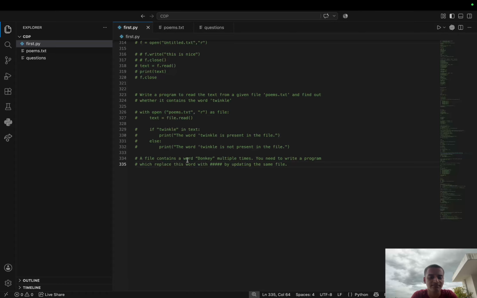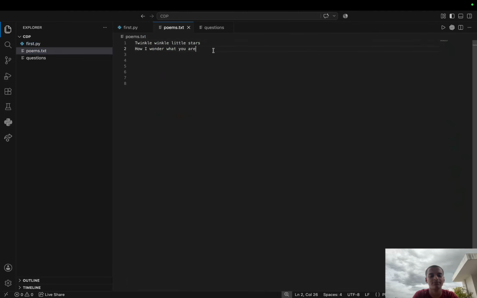A file contains a word donkey, ठीक है, multiple times. You need to write a program which replace this word with this hashtag, 5 hashtags by updating the same file। ठीक है, अच्छा, मतलब हाँ, यहाँ पे अब क्वेश्चन क्या आ गया कि यहाँ पे आपने देख लिया ये जो दो क्वेश्चन थे कि रीड वाला हमारा था, ये क्या आ गया कि हमें राइट करना, अब हमें चेंजेस करना है इस फाइल में। ठीक है, मैं इसको इसका नेम पोएम ही रहने देता हूँ, लेकिन मैं इसमें क्या कर देता हूँ, कुछ नेम्स डाल देता हूँ, जैसे